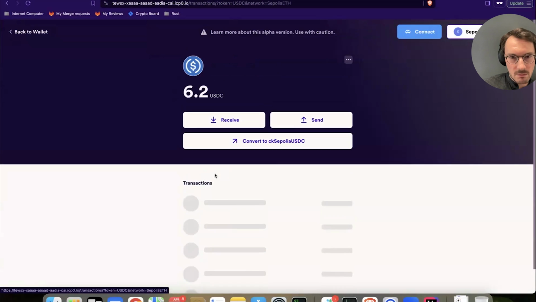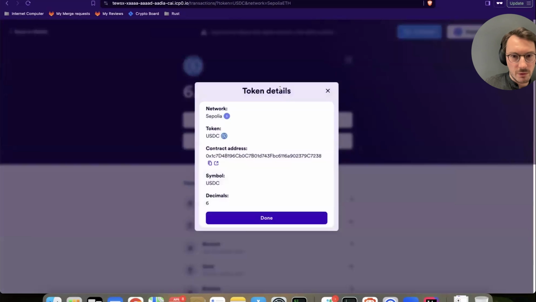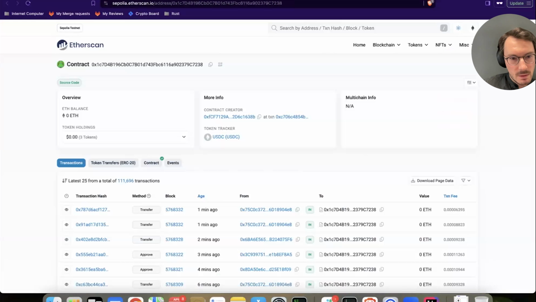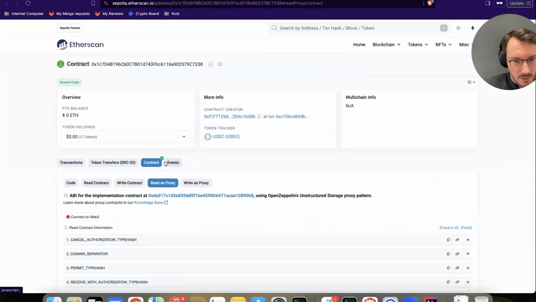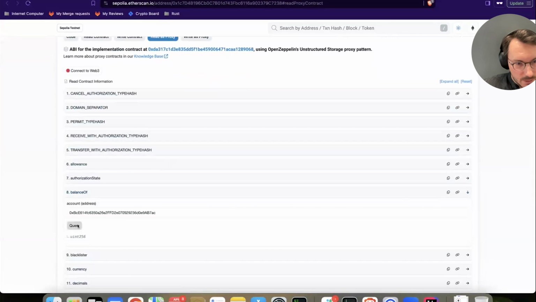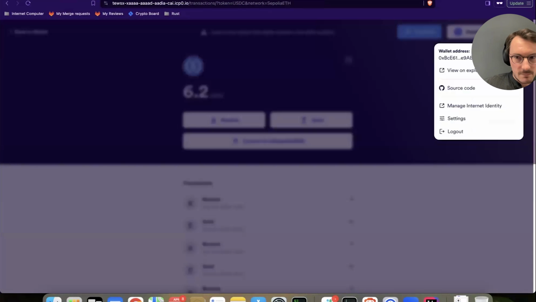This I could, for example, check directly on the smart contract. Here I have my Ethereum address, for example. I can interact with that smart contract in various ways, for example, via Etherscan, and I can check the balance there, and I can see, okay, this corresponds to 6.2 US dollars.